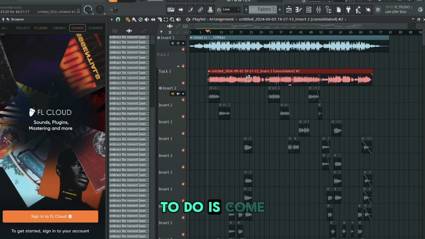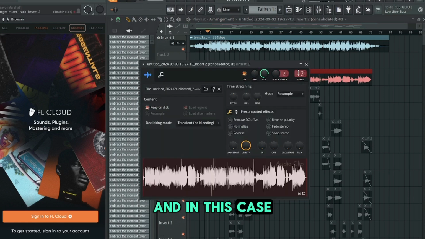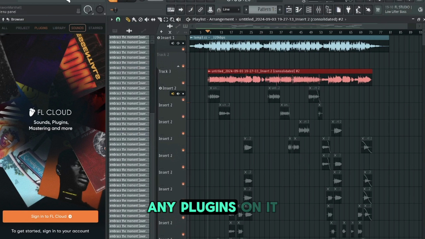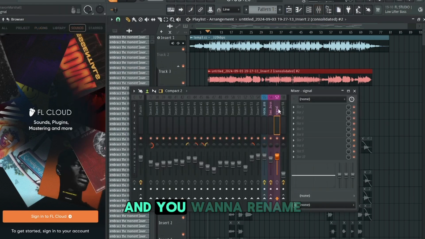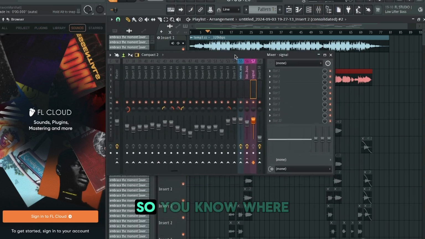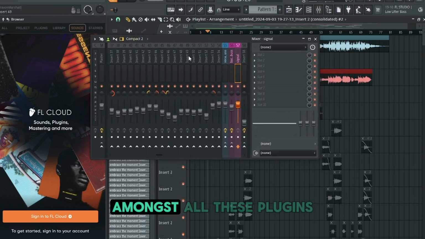First thing we need to do is come over here and bring this to an empty insert. And in this case, my empty insert will be insert 57. It's outside of the vocal bus as well as the background bus, and it doesn't have any plugins on it, so that's why it's an empty insert. And you want to rename that track signal so you know where the signal track's at amongst all of these